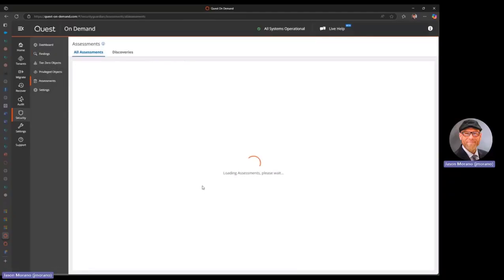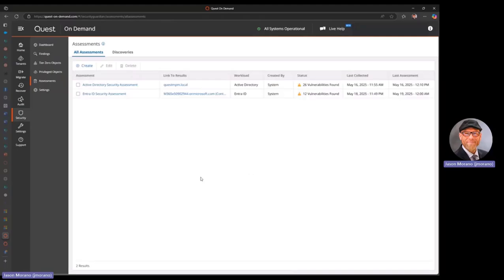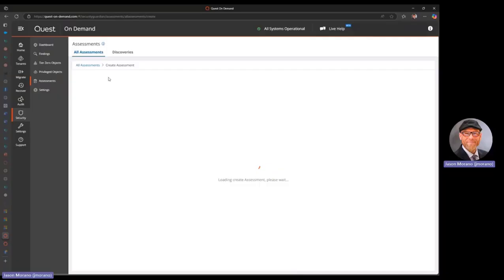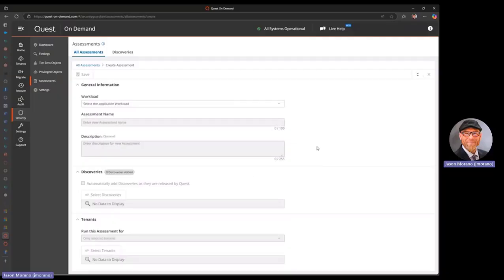Let's take the next section, assessments. This is going to run pretty much automatically. And once you connect Active Directory, the Entra ID connection, we already have scans created. So we're already looking for all of the activity that most of our customers are looking for. However, customers can create their own, pulling in additional events that maybe are not part of our default scans. But to be fair, our default scans are pretty much everything that our customers need to